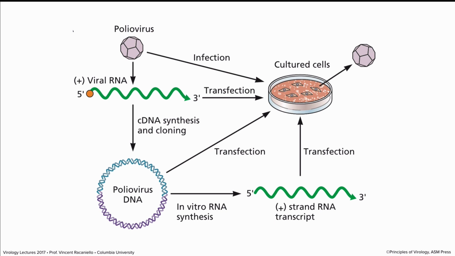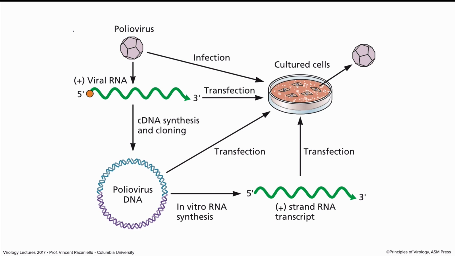So here's an example of poliovirus, where we know if we infect cells with polio, we get viral replication, we get the production of infectious particles. Polio is a plus-strand viral RNA. In fact, if you extract the RNA from a particle and put it into cells by transfection, it will initiate a replication cycle. Think about it. The plus-strand RNA is a message. It gets into cells. The viral proteins are made. You start an infectious cycle. It's basically like infecting a cell, except you're not using the virus particle.